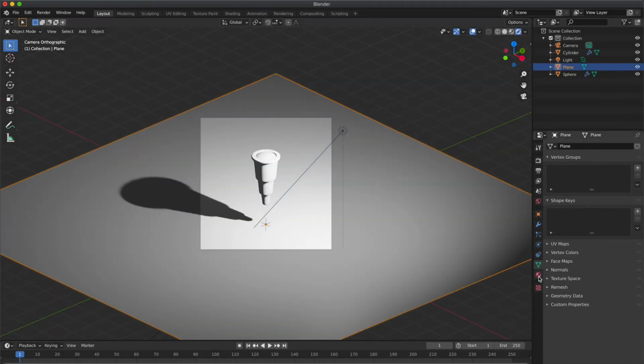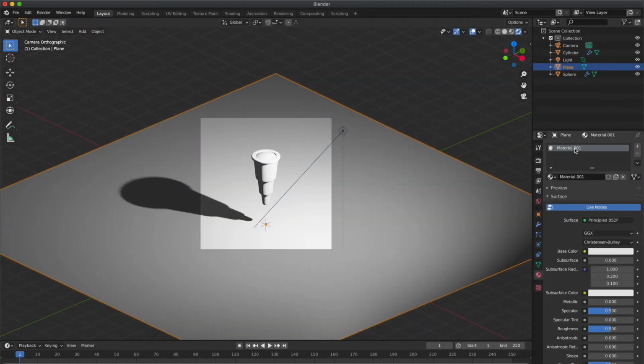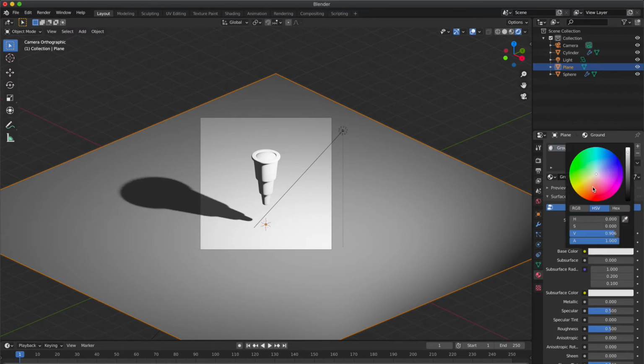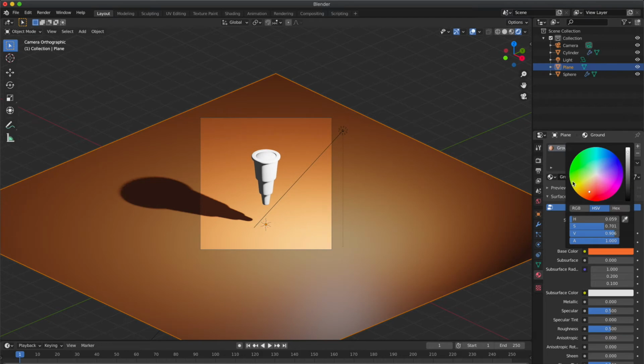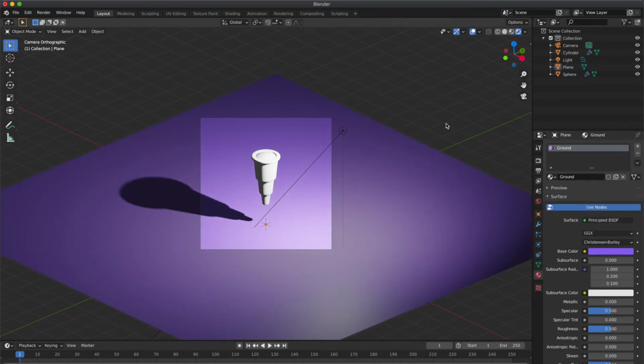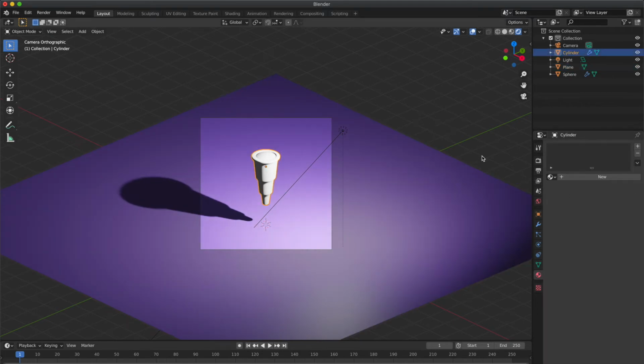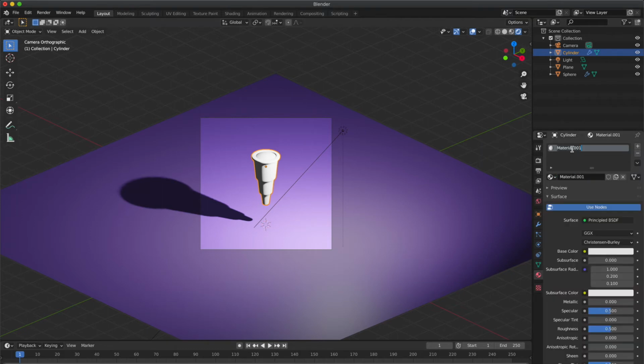Now go to render preview, select the plane and go to material settings, give it a new material, rename it and select the plane color. It's your choice whatever color you want to select. It's up to your creative choice. I'm going with something closer to purple here, you can see.